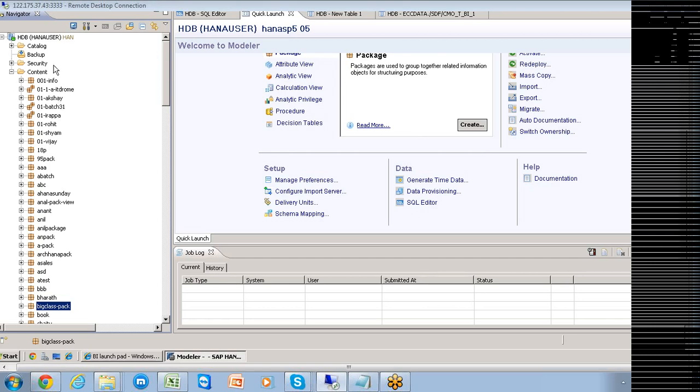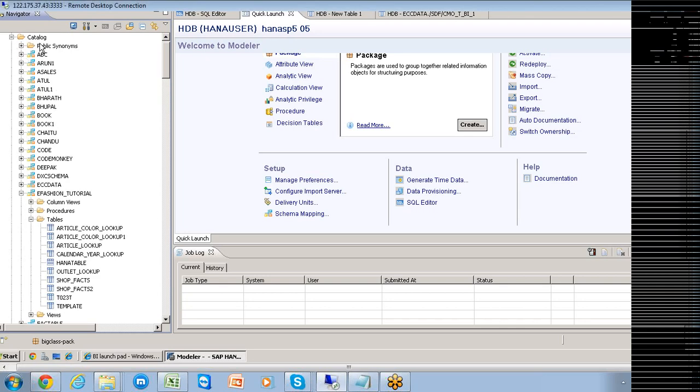So within this HANA user only, we are trying to create all these packages and all these views. One thing we need to understand here is that while creating the packages or the views within those packages, the HANA user has the option of accessing any table present in any schema.